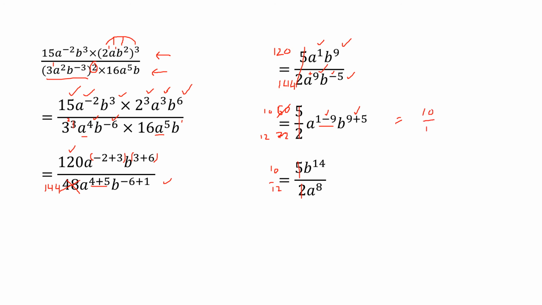And now it comes, b and a come, so if I write here 10 by 12, a^-8, and b^14. Okay, if we simplify these two, simplified from my right, it will come 5 by 6, and this one is